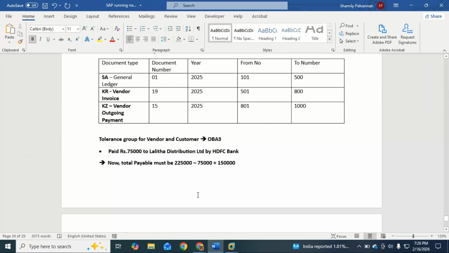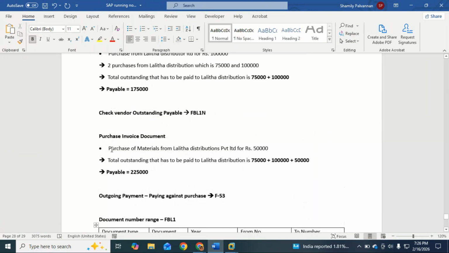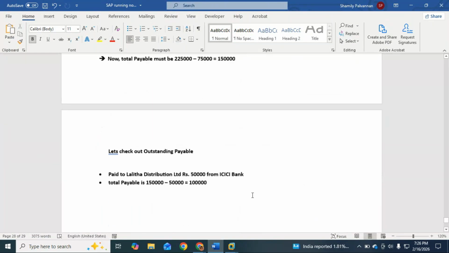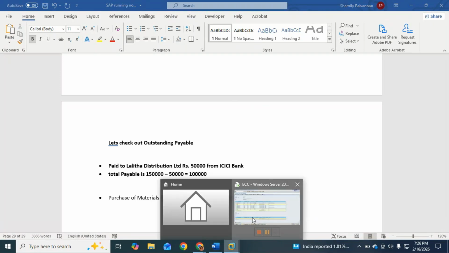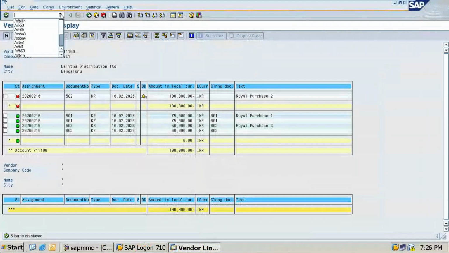Okay, we will make another purchase. Purchase of materials from the same person. Now we will see here what this is. So instead of this one, I'll make it as 81,000. I am making a purchase today. So for purchase,